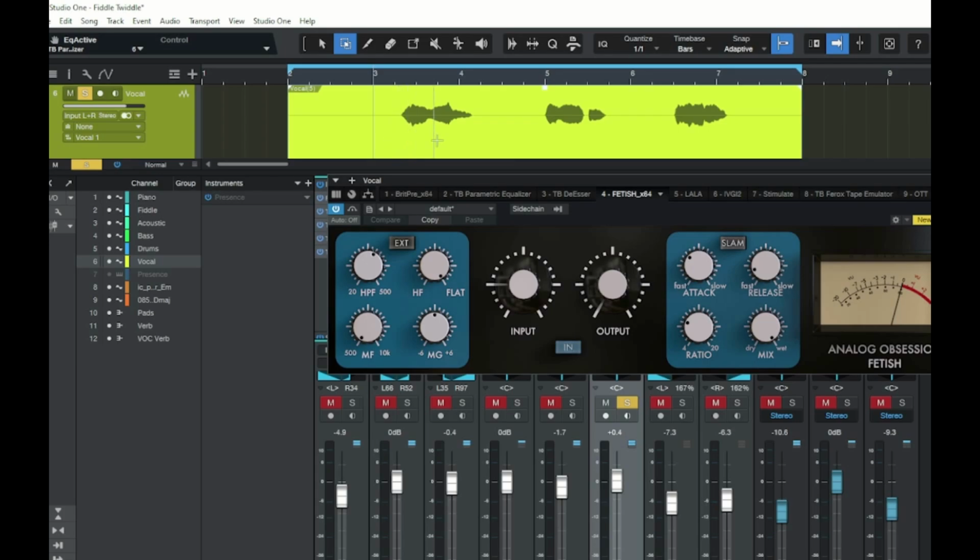It's still a little dynamic, which I like, but it's a lot less dynamic than it was before the clip gain. And I have a video on that as well. But you definitely want to use clip gain to take the edge off of your compressor's job for you, especially on a lead vocal. So the 1176 here, I set the high pass frequency at about 300, and I have